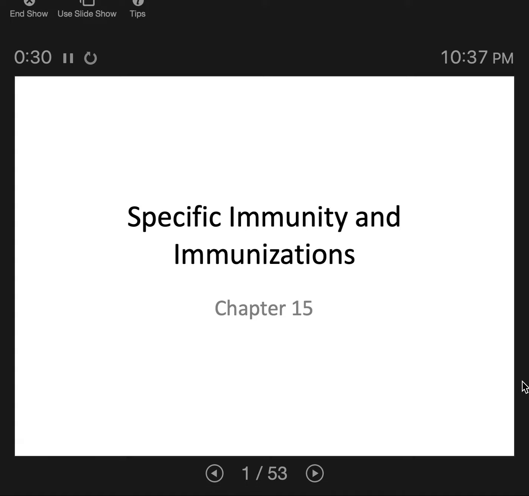So you'll get an opportunity. If we do this first, you'll have an opportunity to review it when we do non-specific immunity before the final exam, and then we'll review it yet again when we do microbiome. So this is the hardest of the next 3 chapters, and I want to include it first because it gives us more opportunity to review several times before the final.